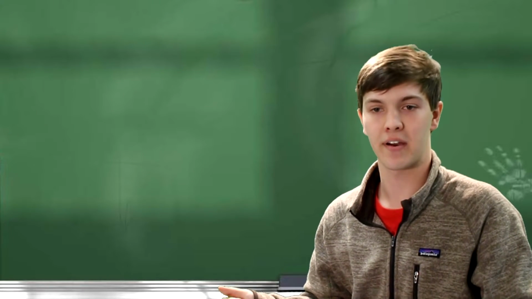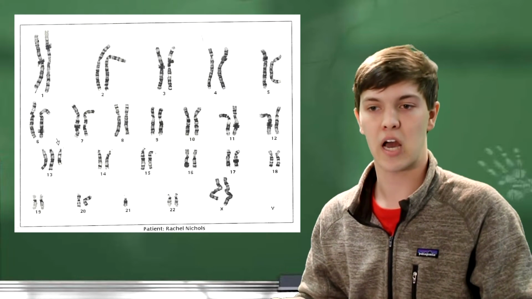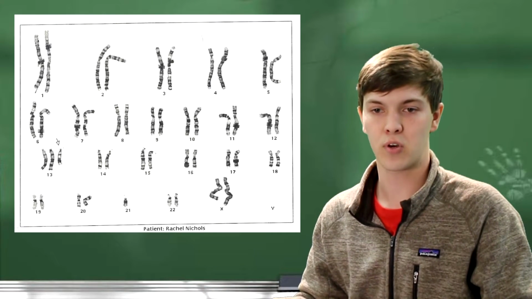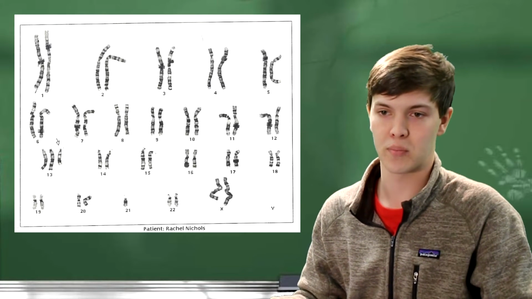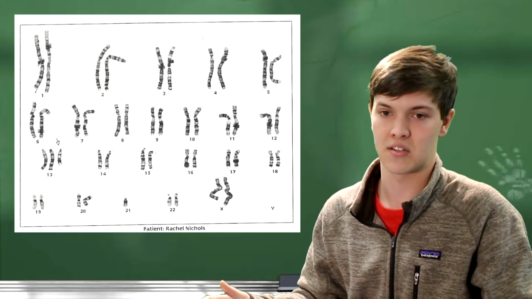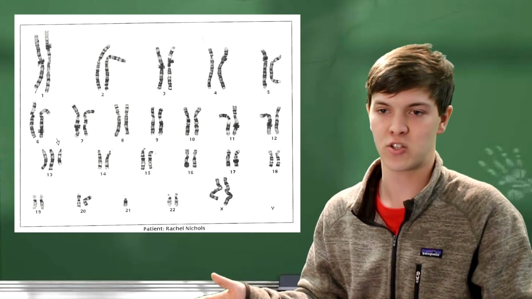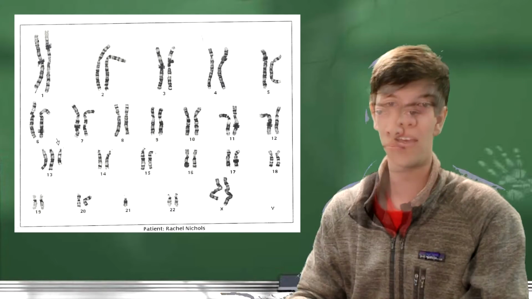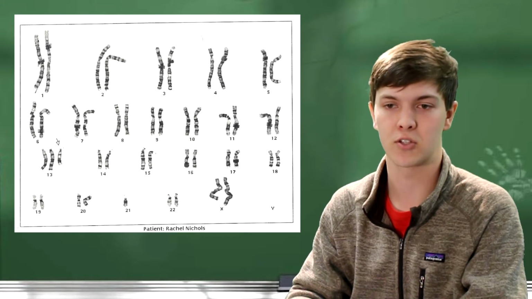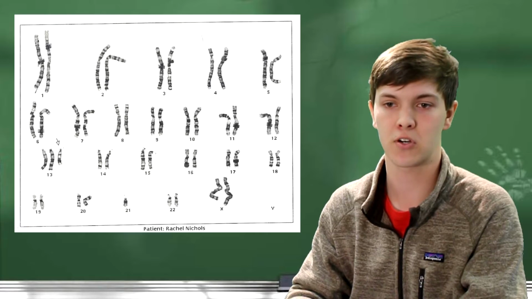Now let's look at Rachel's karyotype. Rachel's abnormality is more rare. Her karyotype depicts a little bit of an extra 13th chromosome referred to as a partial trisomy 13. Partial means not a full chromosome, like in Down syndrome. Trisomy, tri, means 3, or referring to an extra bit of a 3rd chromosome, 13, referring to the 13th chromosome. In addition, Rachel is missing some of her 21st chromosome, referred to as a partial monosomy 21. So Rachel is missing a piece of a 21st chromosome.